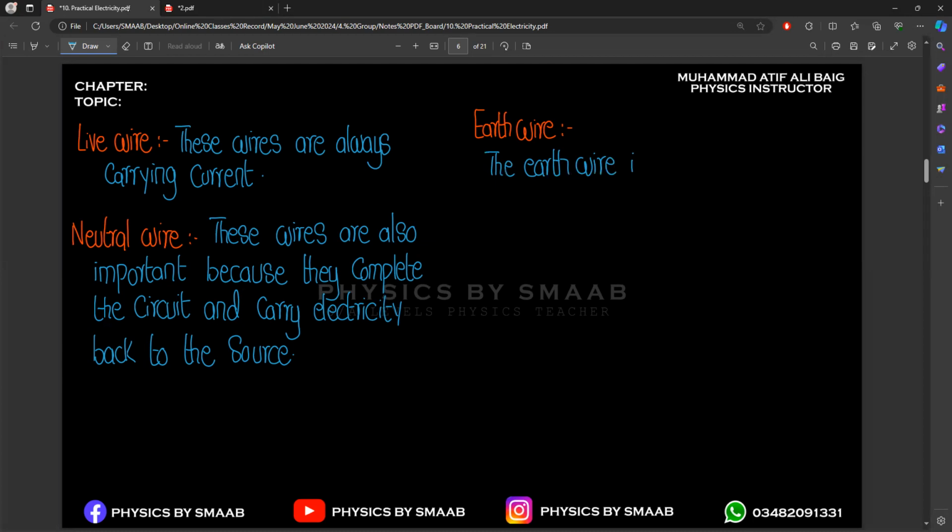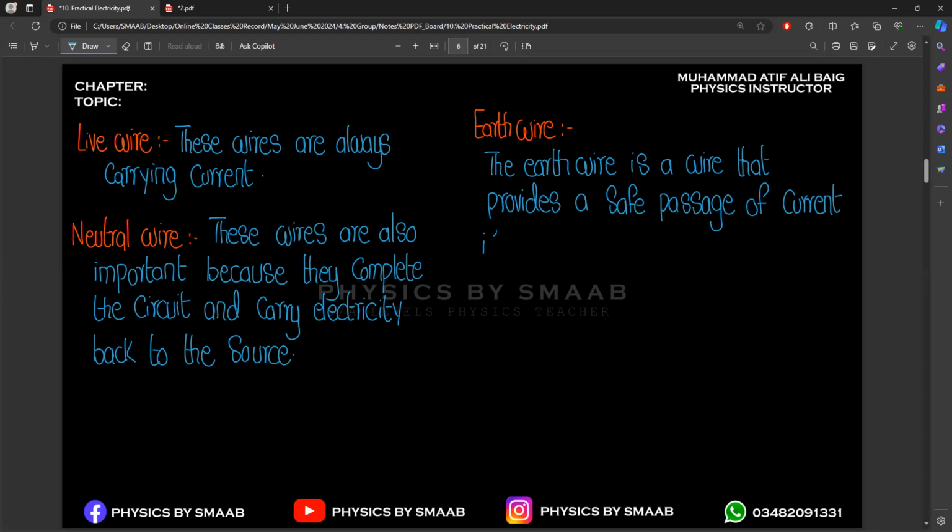So the earth wire is a wire that provides a safe passage of current if there is a malfunction in a circuit. So basically the earth wire,